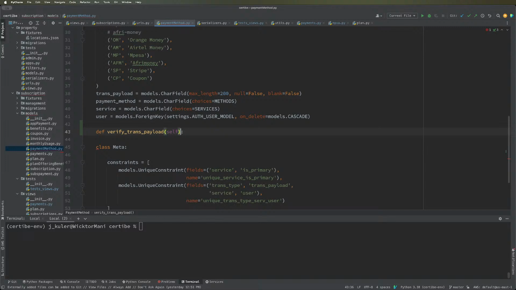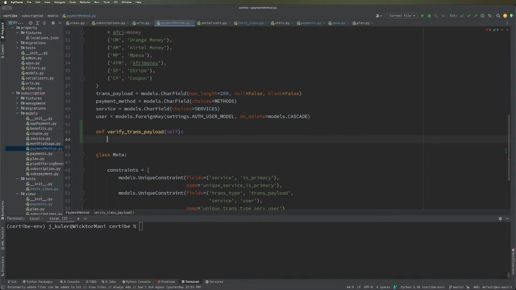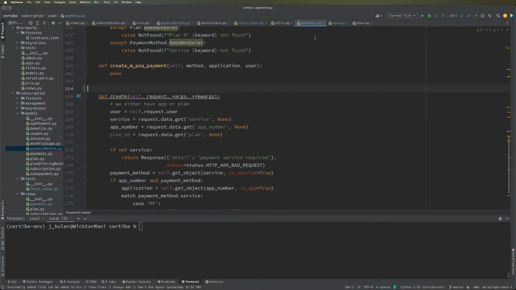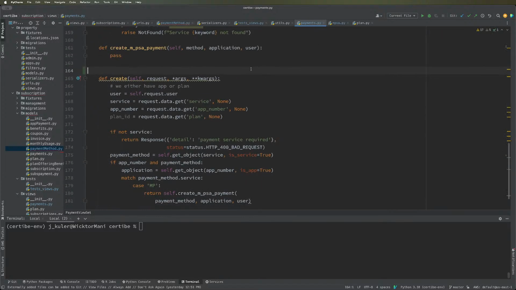What are we gonna verify? We're gonna verify that we need to have a key so we can verify this payload. So we need to reconvert right here before we make a payment. Before we make a payment,